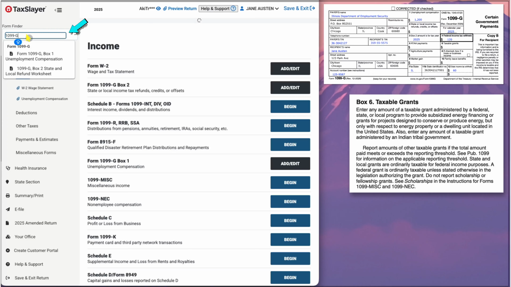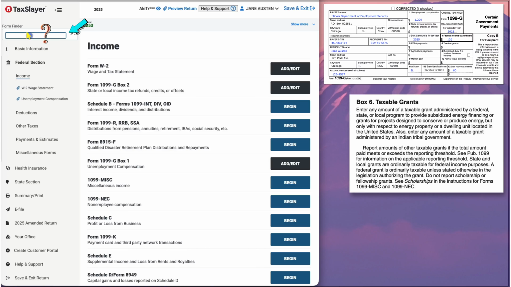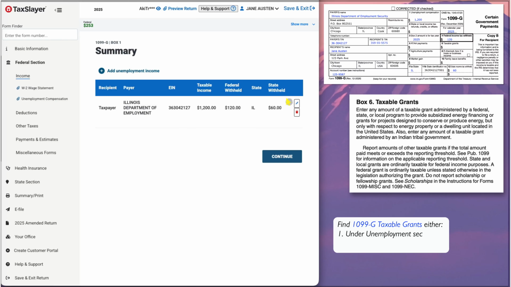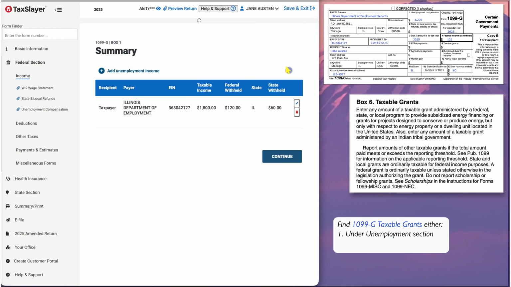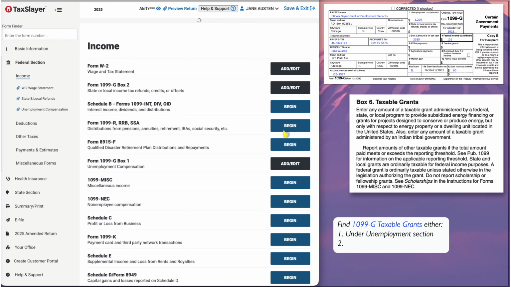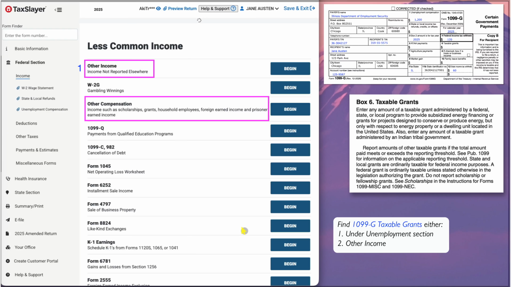To report taxable grants from 1099-G, if you search for it in the tax software, you won't find a separate entry just for Box 6. There are usually two places where you can enter them. One option is inside the 1099-G unemployment section, which may include a separate field box for Box 6 taxable grants. If your software doesn't have that, search for other income. You may see options like other income not reported elsewhere or other compensation, which can sound very similar, so look